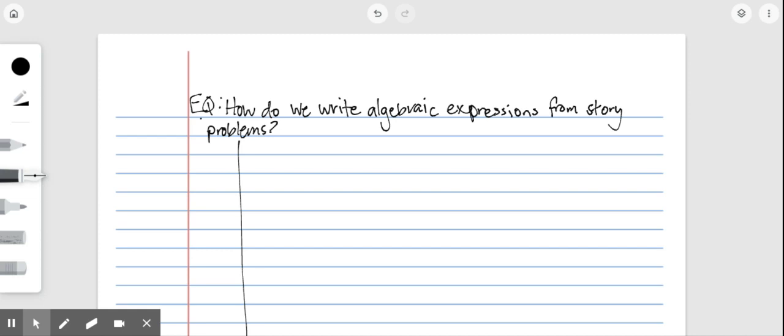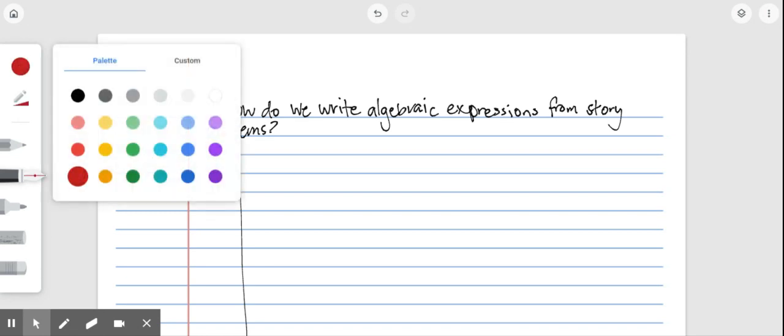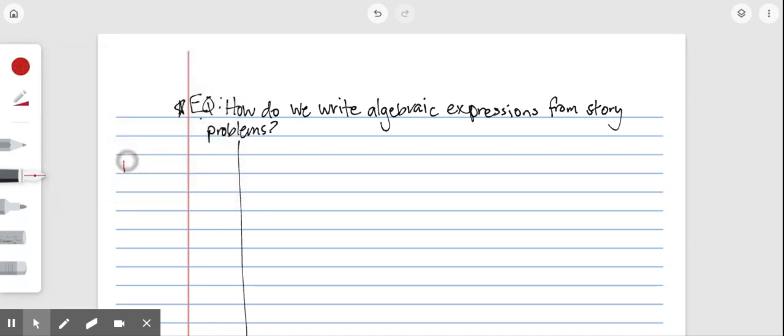All right, beautiful people. So yesterday we talked about writing numerical expressions from a story problem, and today our essential question is how do we write an algebraic expression from a story problem? And in all honesty, they're very, very similar. The only difference is we're going to note that algebraic expressions